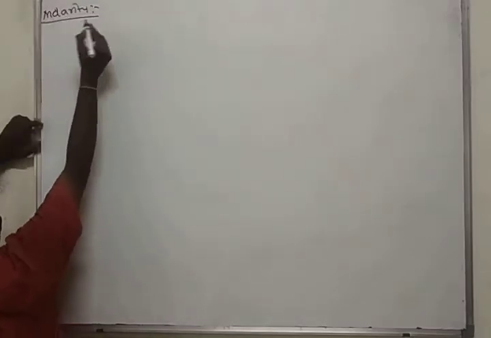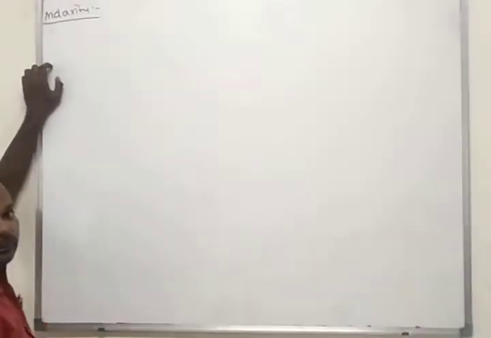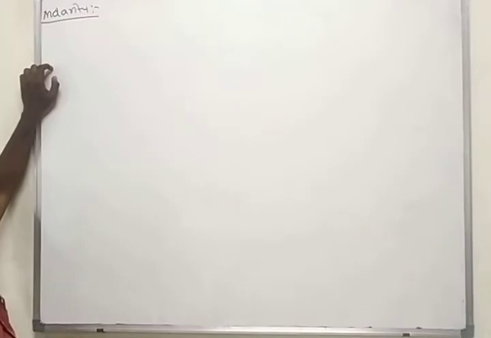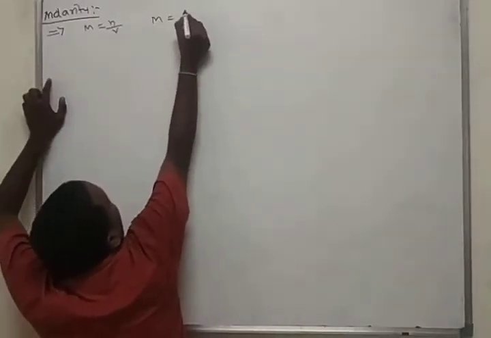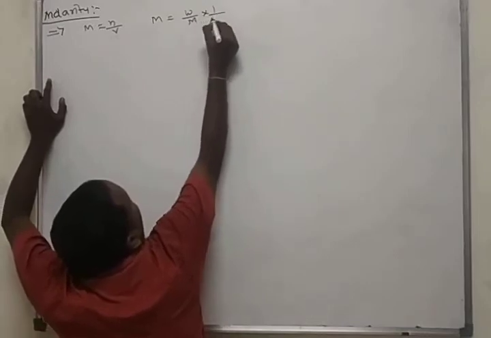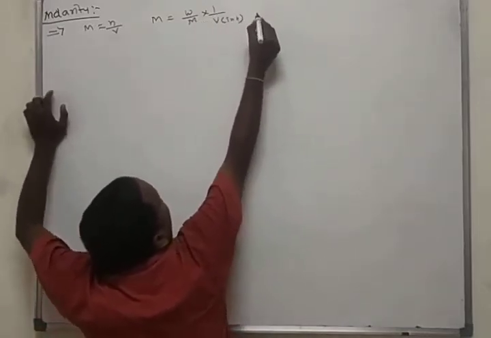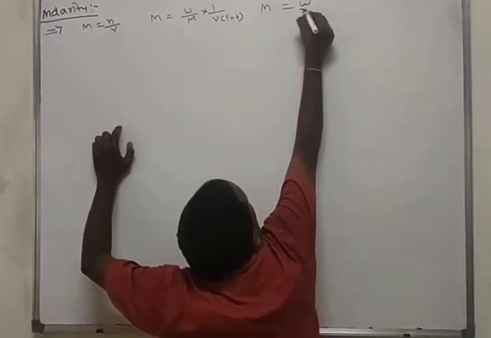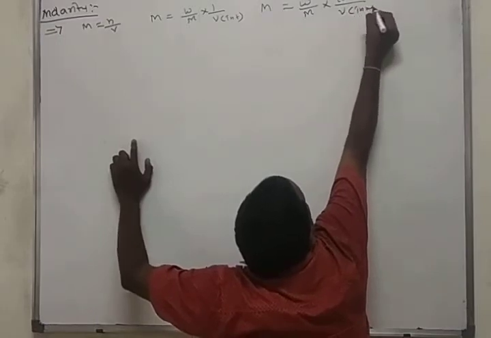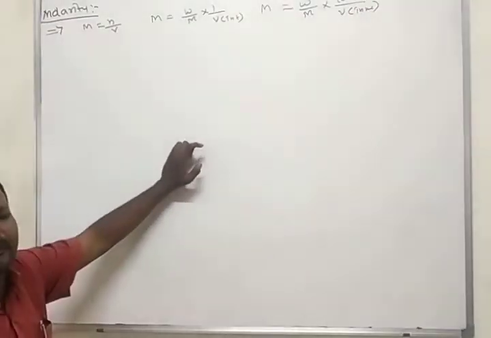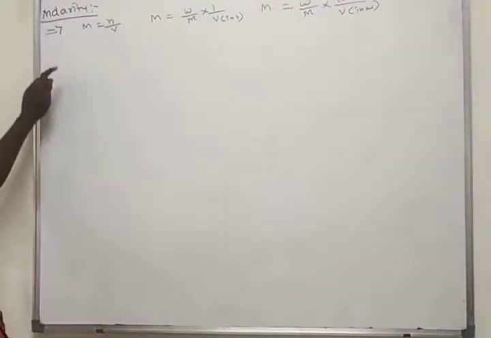What is the principle? Here we have 3 different principles, and based on those principles we will discuss some problems. First principle: M is equal to N by V. One more: M is equal to W by M into 1 by V in liters. And one more: W by M into 1000 by V in ml. We discussed these principles. Some more principles are there, which we will discuss in continuation.